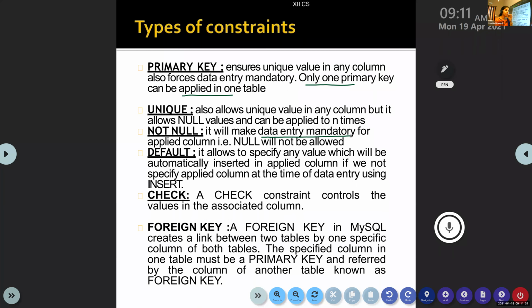Default value will be assigned if no value is provided. That's the meaning of default constraint. Now the check constraint lets you control the values. Suppose the mark should be between 0 and 100, so it permits only values between 0 and 100.